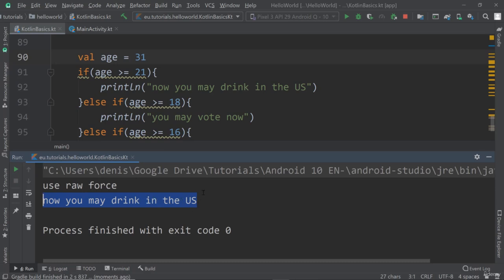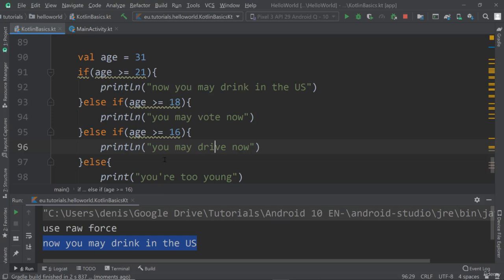All right, so of course I can do all of the others as well. So I also may vote, I also may drive now, and so forth. Of course, I could adjust the print statements here accordingly, but this is the latest thing, so to speak, that I can do due to my age. All right. So we have this if else block that we can use in order to execute stuff